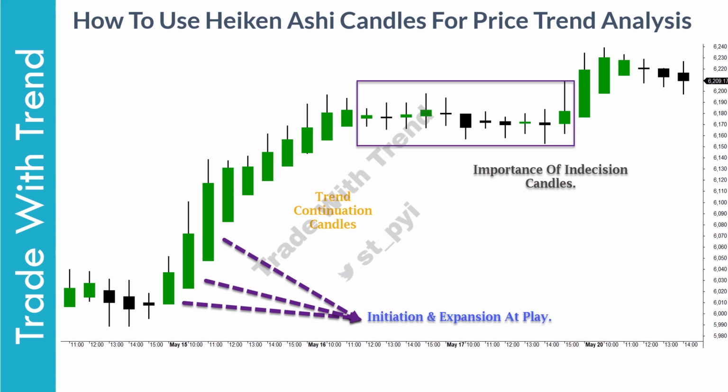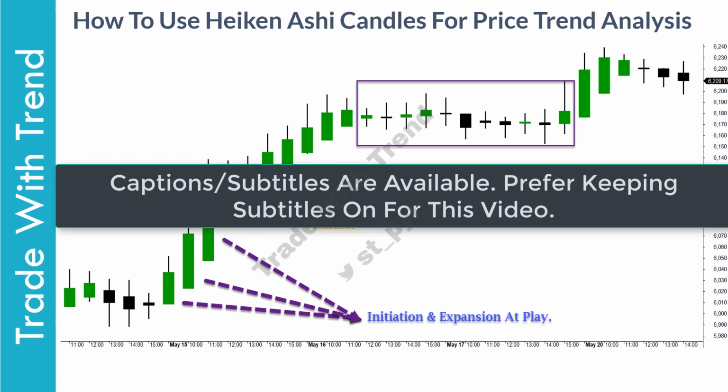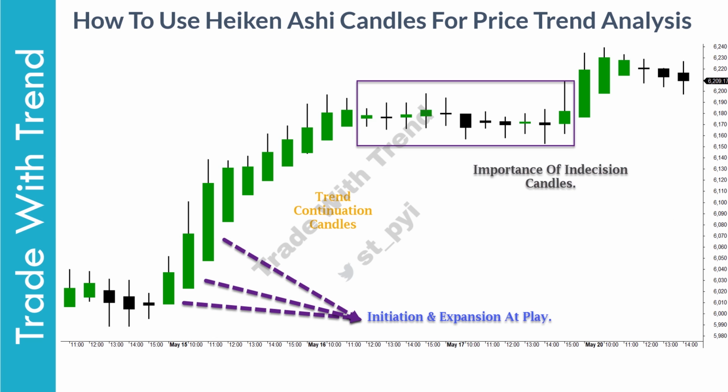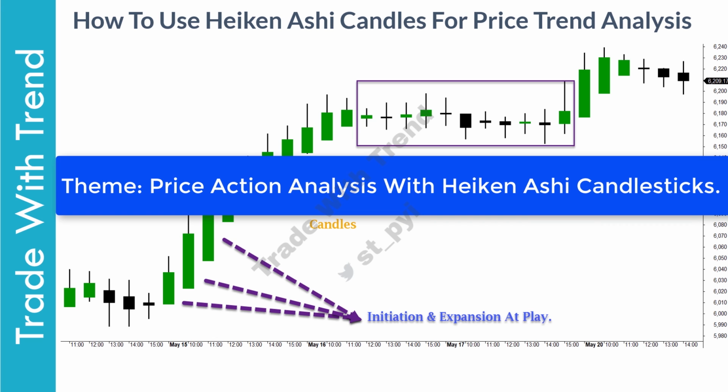Welcome to the video on how to use Icon SE candlesticks for price trend analysis. Now, quite often it becomes difficult for traders to analyze strength of trend, and this in turn makes planning a trade difficult. In this video, I will be showing you how to tackle this problem and how to analyze price trend by giving out 3 specific steps for trend analysis.